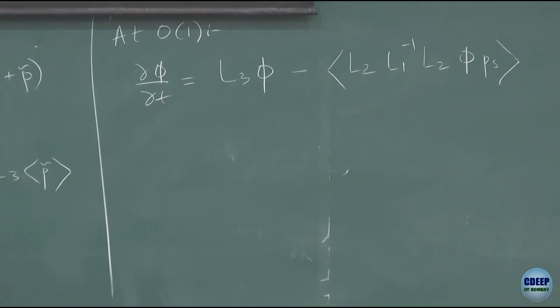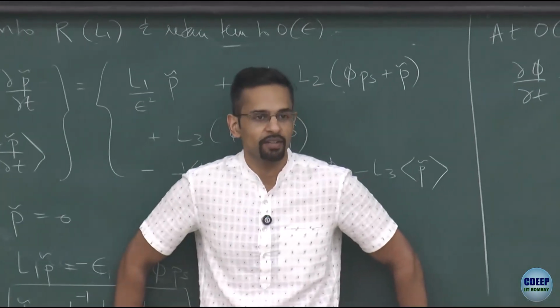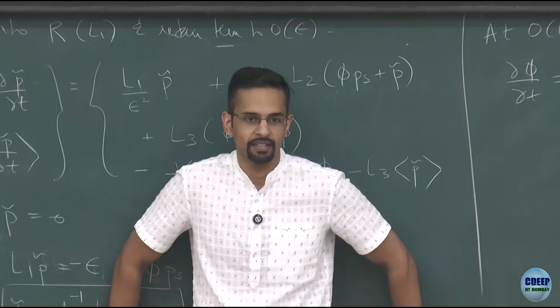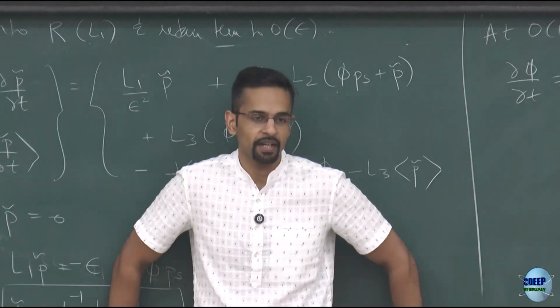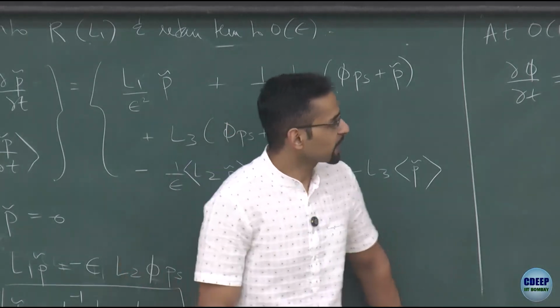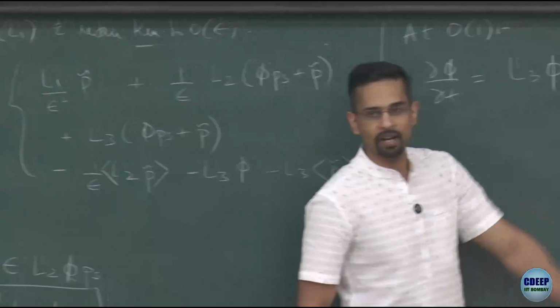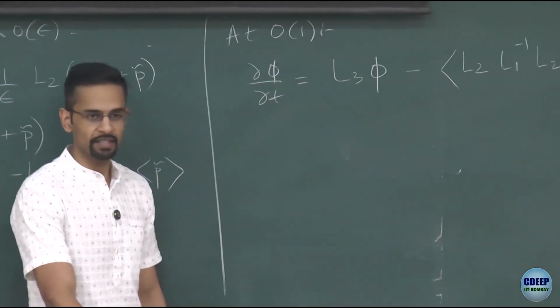And of course, if I specify a capital A and capital B that is creating this alpha variable, then I can calculate L1 inverse for any specific case. But what I would like to do is find a general result for any such capital A, capital B, which is in the Fokker-Planck equation for alpha. So to do that, I will use a general property that I know about L1 again, that it is the operator of the Fokker-Planck equation in alpha.